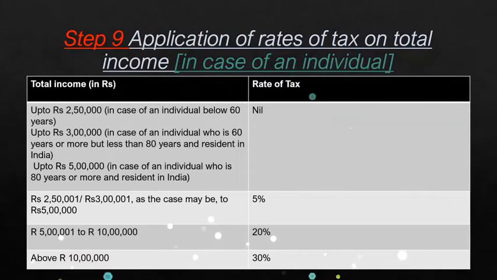30%. Step 10. Surcharge and rebate. 1. Where the TI, including dividend income and capital gains chargeable to tax U/S 111A and 112A, is above 50 lakhs but less than or equal to ₹1 crore: 10%. 2. Where TI, including dividend income and capital gains chargeable to tax U/S 111A and 112A, is above ₹1 crore but less than or equal to ₹2 crore: